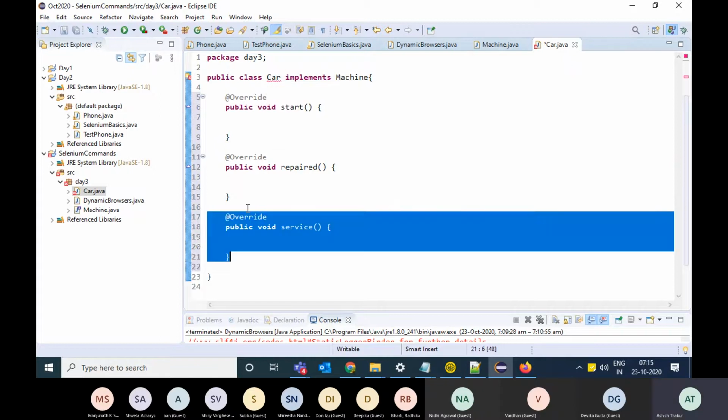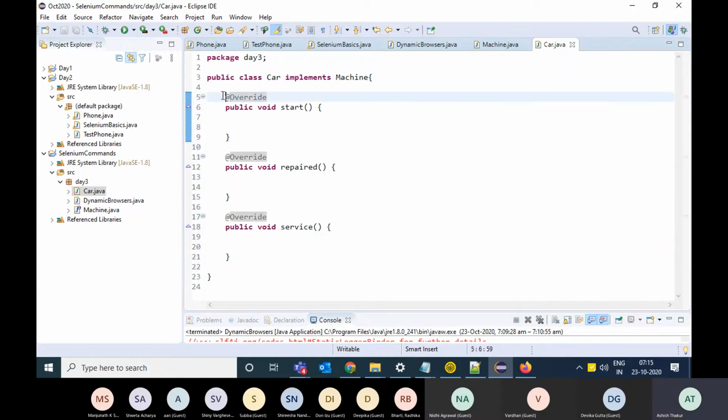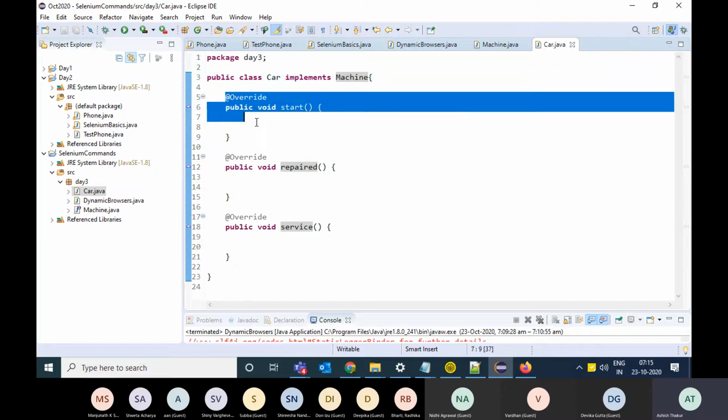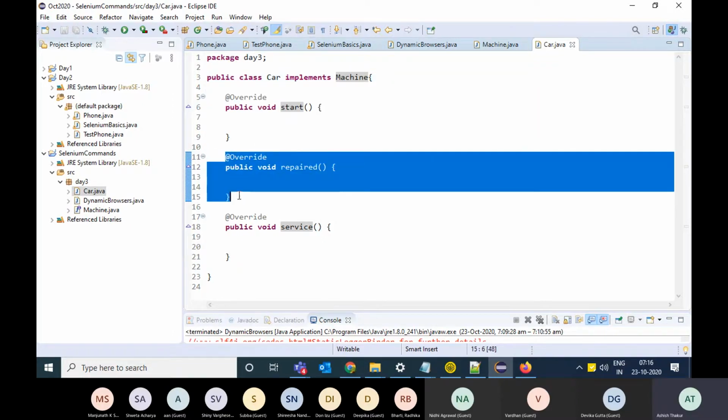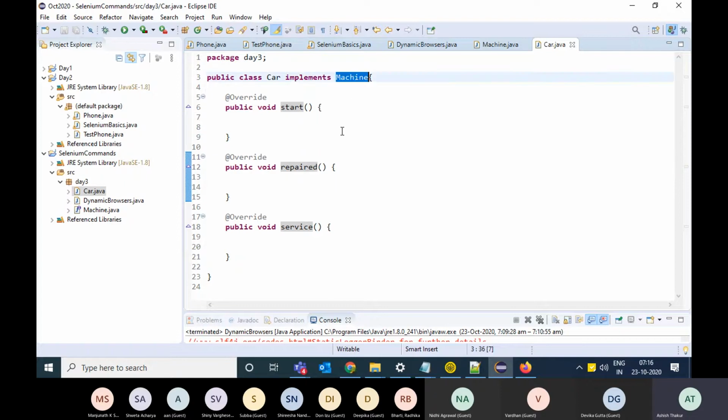Okay, right. Now, what is this sign, at the rate override? This is known as an annotation. This can be removed. It won't make much difference. But this basically means that this function is coming up from this interface. So if anyone looks at this code, he will understand that this function comes up from this particular interface.